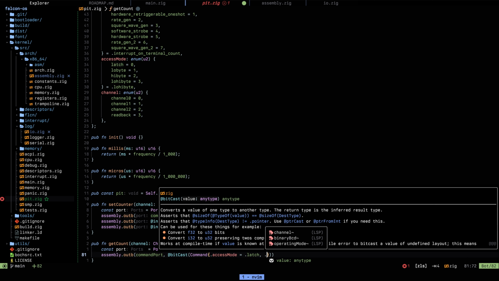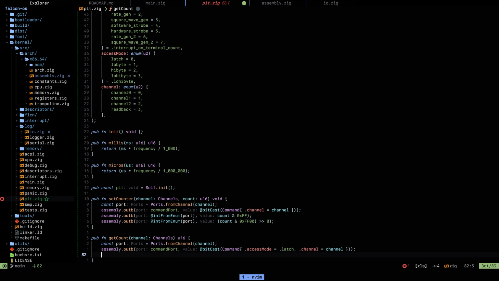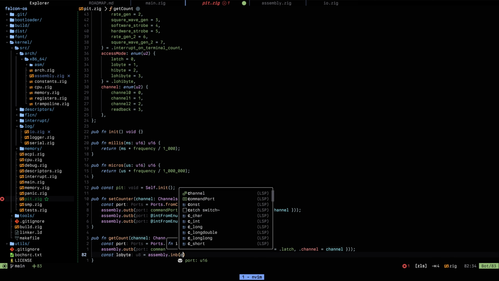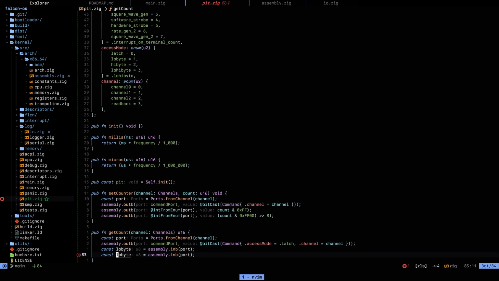Okay, and channel would be channel. Okay, very good. And now we want assembly.in byte. So const low byte is this. The port itself would be channel, or rather, no, it would be port. Yeah. So this one here would be high